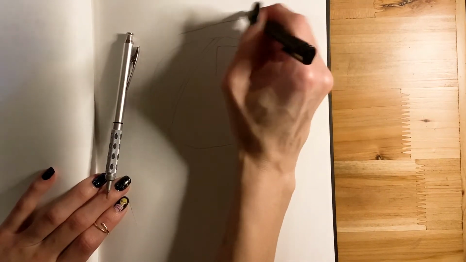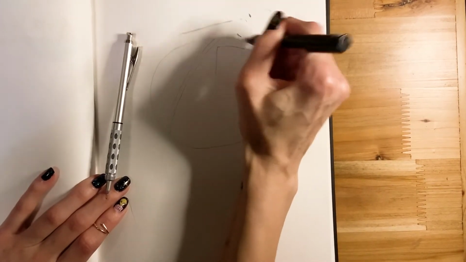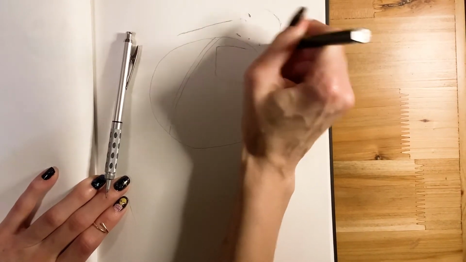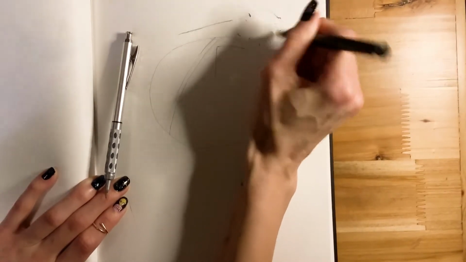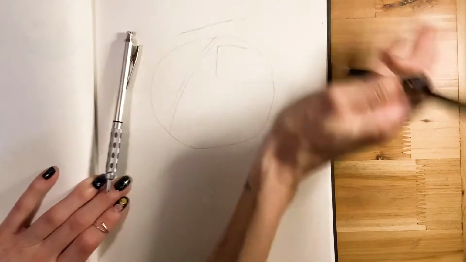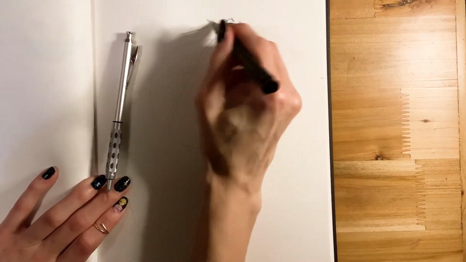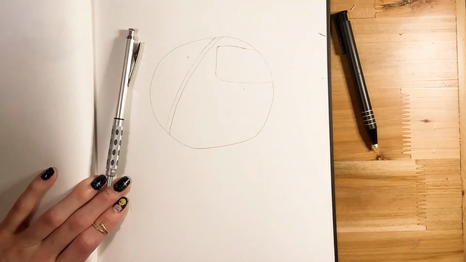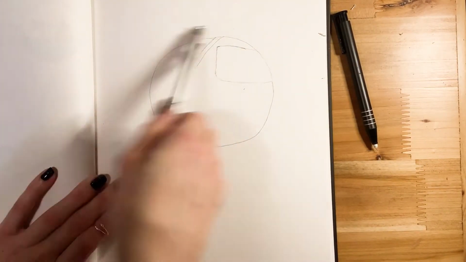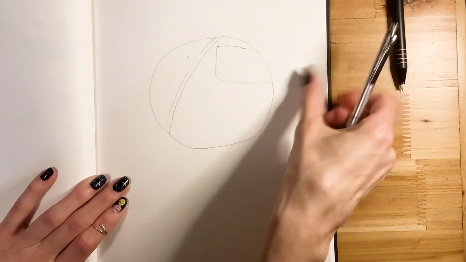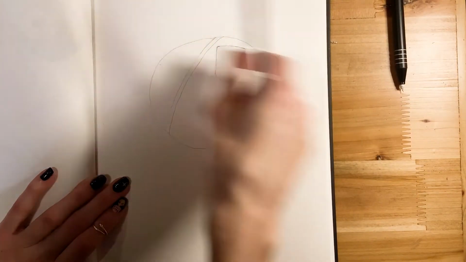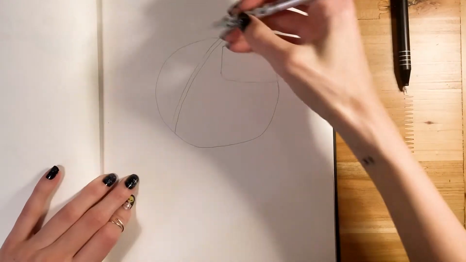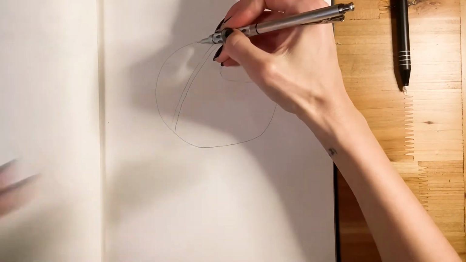But I'm trying to train myself right now to have more confidence in my drawing because I actually tell myself that I'm not very good at drawing. It's something I guess I just wish I was better at. Even with the skills that I have, I wish that I had more. So that is a thing I'm working on. And one of the things to go with that is that I'm trying to tell myself that, and train also my hand to,